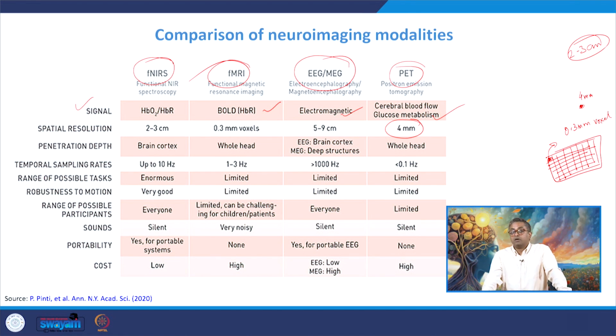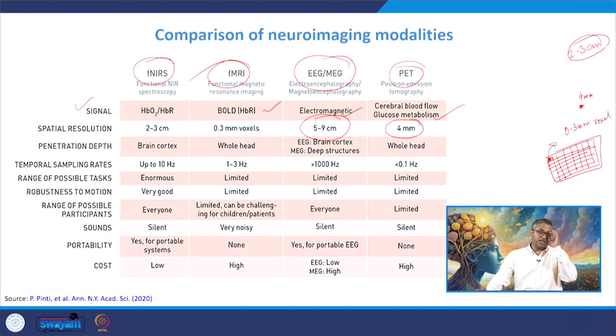So the precision, which neuron is responsible, how many types of neurons are responsible, how many neurons are engaging or integrating themselves for a specific cognitive task, becomes a little challenging here. And EEG and MEG, you can see 5 to 9 centimeters, and as the area is so big, their spatial resolution is very bad, and we cannot localize the function so precisely, that this is the brain region responsible for facial processing, language processing, syntax processing or semantic processing.